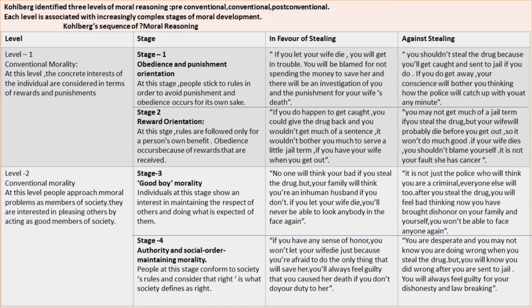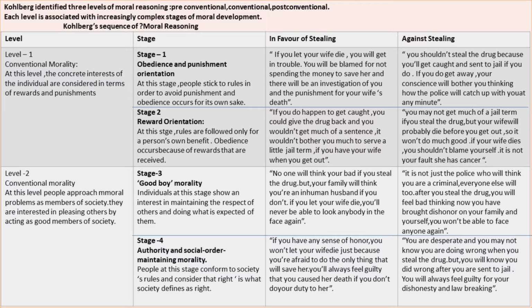Level 2, conventional morality. At this level, people approach moral problems as members of society. They are interested in pleasing others by acting as good members of society. Stage 3, good boy morality. Individuals at this stage show an interest in maintaining the respect of others and doing what is expected of them. In favor of stealing: